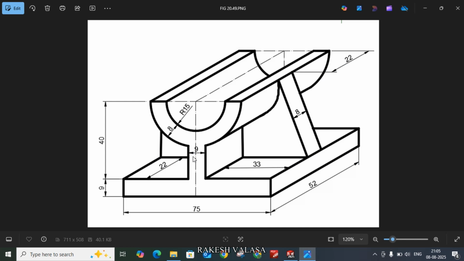You can carefully observe this image. First, you need to construct whatever shape appears in the front view in SolidWorks. This length is 75, this thickness is 9 mm, and these two curved shapes have radii: the first one is R15, the second one is 15 plus 8, 23 radius, and this vertical portion width is 9 mm. You can draw whatever shape appears in the front view as it is in SolidWorks